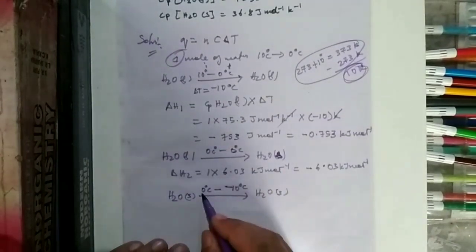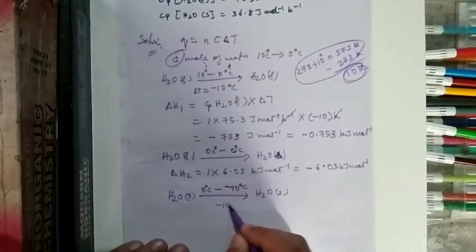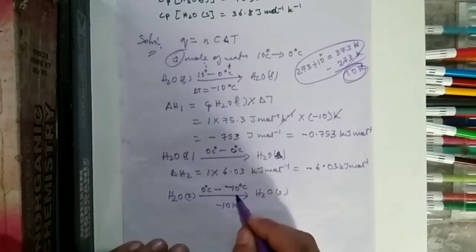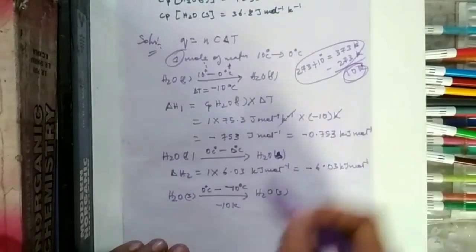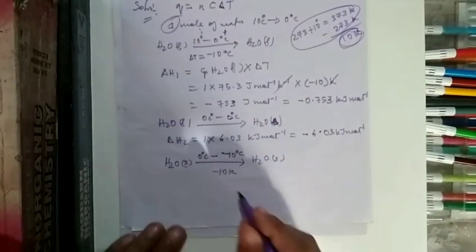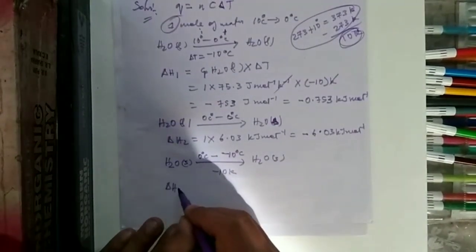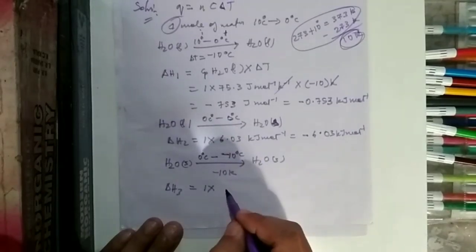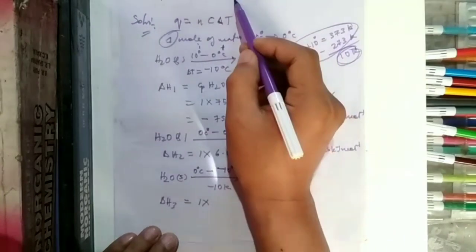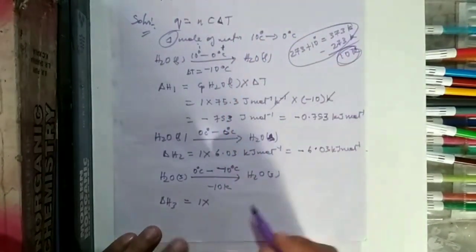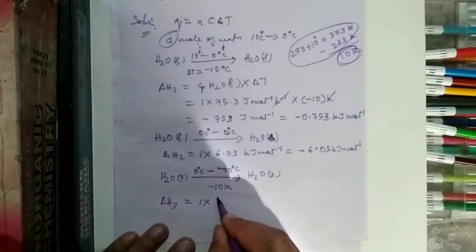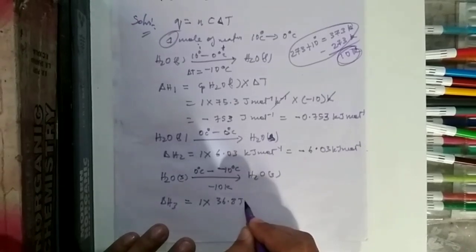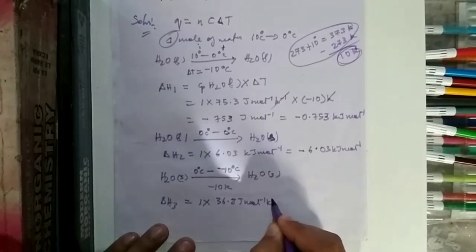In this case the change in temperature will be minus 10 Kelvin. So instead of converting this degree, we are simply writing this. So delta H3 is 1 into this value given, 36.8 joule per mole per Kelvin,